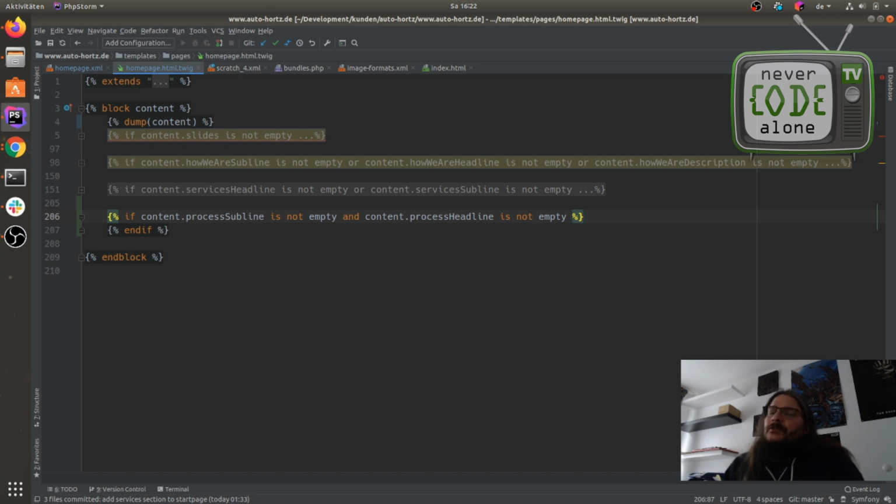I also can check if the image here is defined, but for most of the templates I make everything on headline and subline. So for me it's also super easy to remove an element because I just have to delete one of these two inputs.